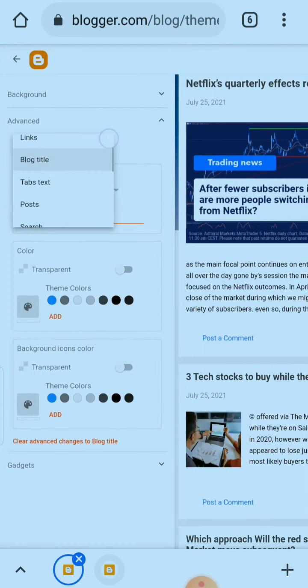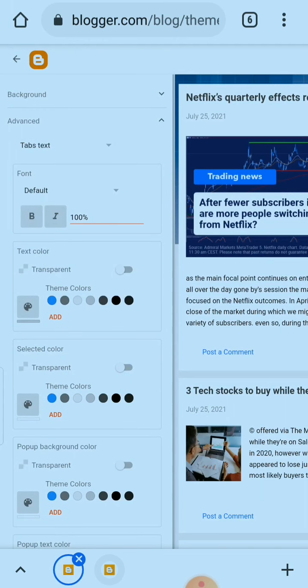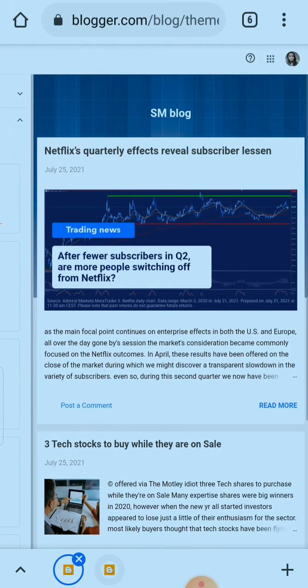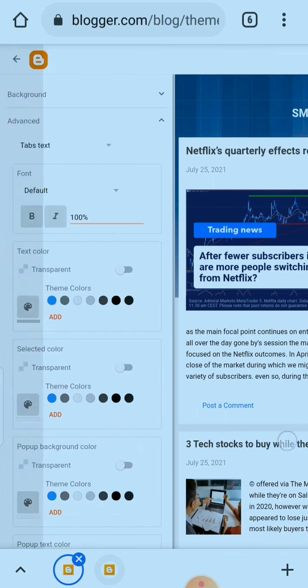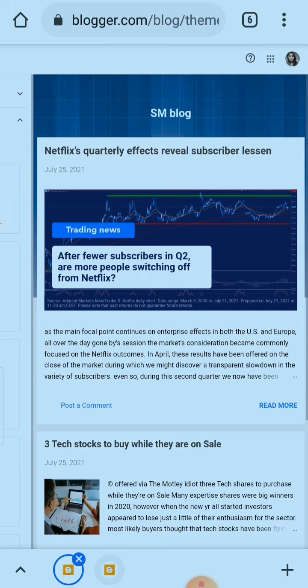Next is text. Text is whatever text will be visible in the header, that color. So it's okay, white. I want white because my blog title color is white. So make sure if you are changing that, the tabs color is similar to your blog title color and clearly visible.